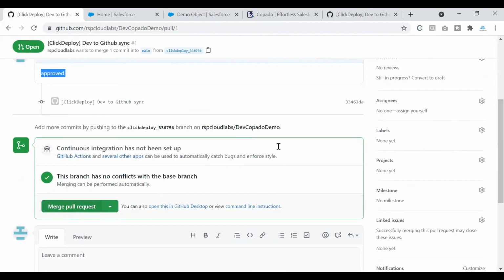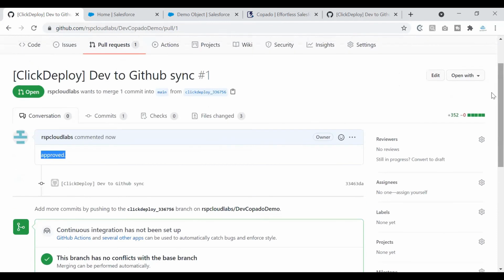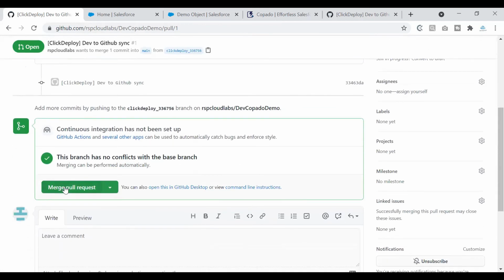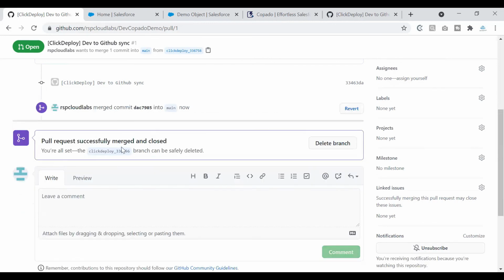Now, once the reviewer approves your changes, you can click on merge pull request. That way you are merging the changes from your branch that is created from the Copado to the main branch. So I'll do that by clicking on merge pull request, confirm merge. This way the changes are being merged to my main branch.